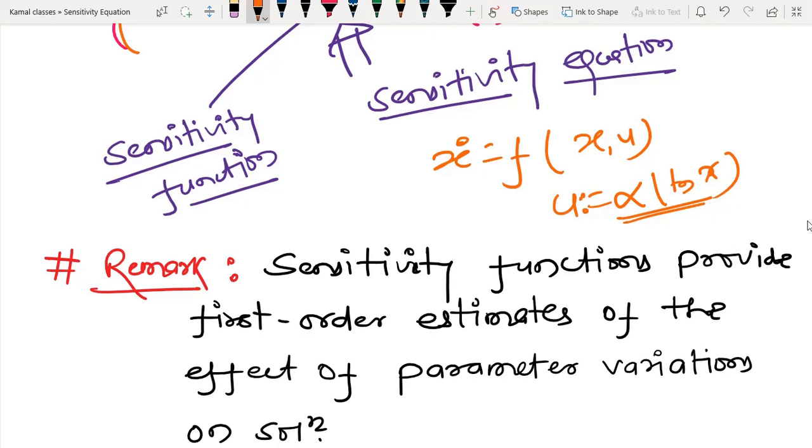If I have n or p number of parameters, we are able to understand which parameter we have to select very, very properly. So this kind of analysis is, for that reason, very, very important.